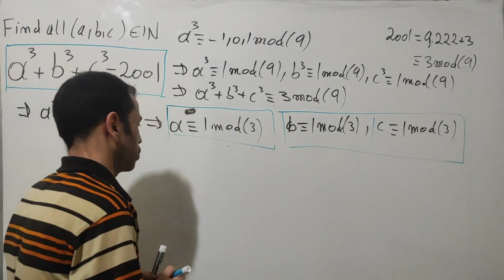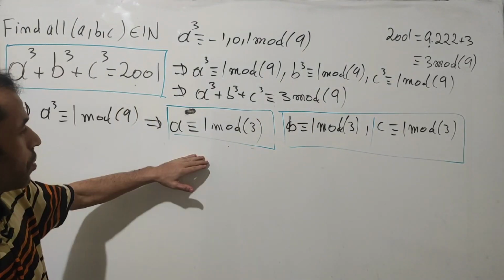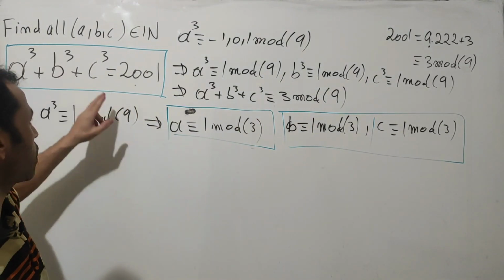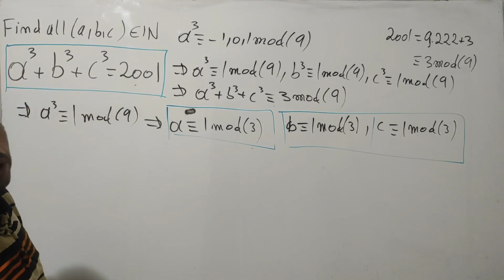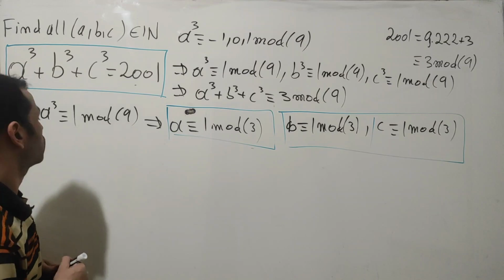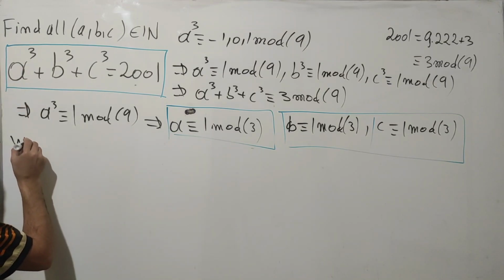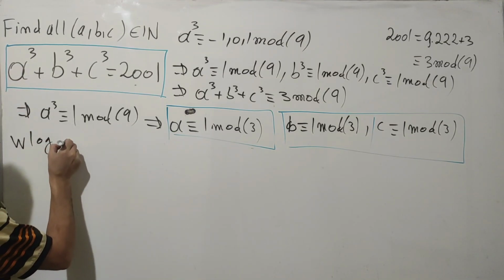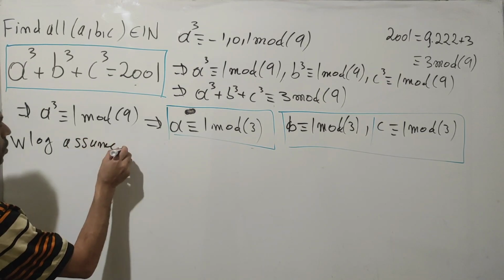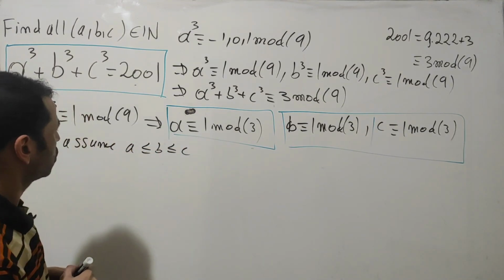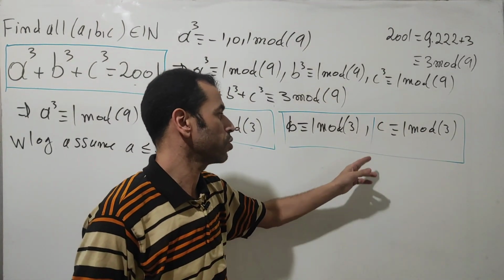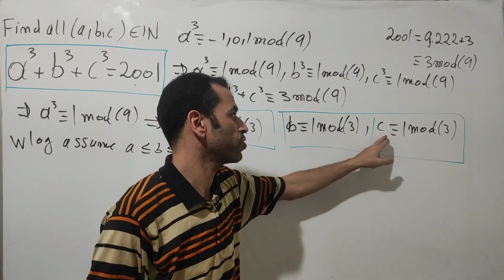So we are going to go through this. I'm going to check the largest value of c or b or a, either one. Okay, so let's do that in order. Without loss of generality, assume a is less than b, and b is less than c. Okay, so the most important thing here is that we are going to determine the largest value of c,